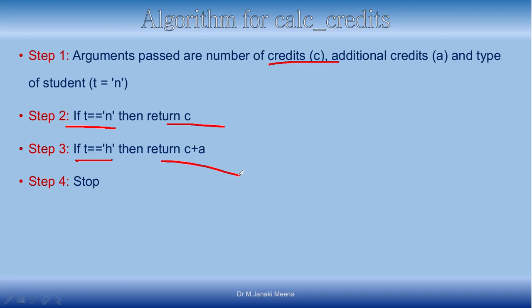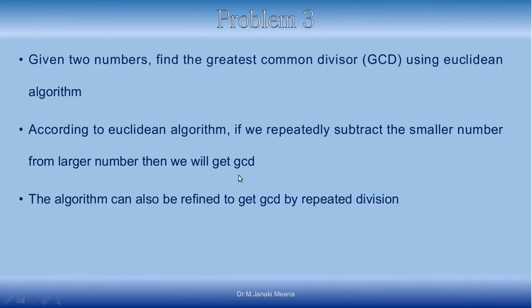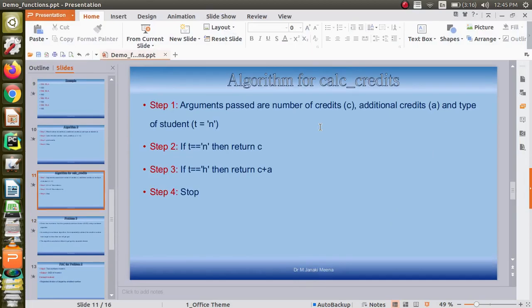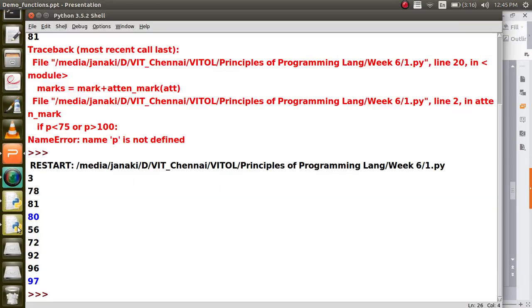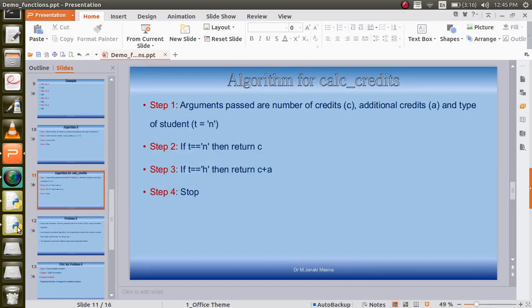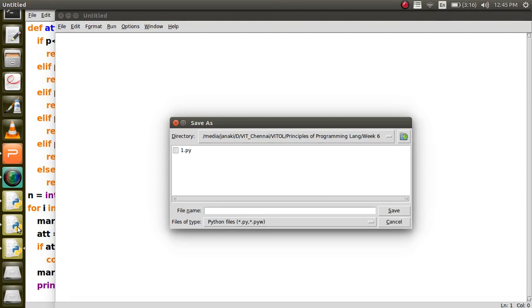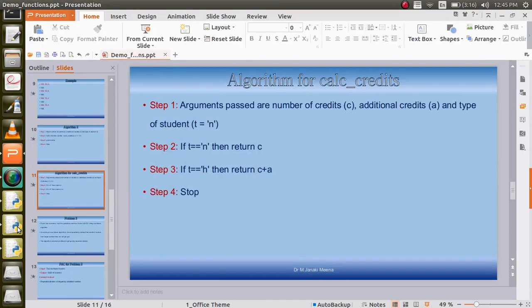Okay, right. So before moving to the next problem, let us solve it as we did previously. First of all, we will write an algorithm, I will write the function, and then we can do the main part.